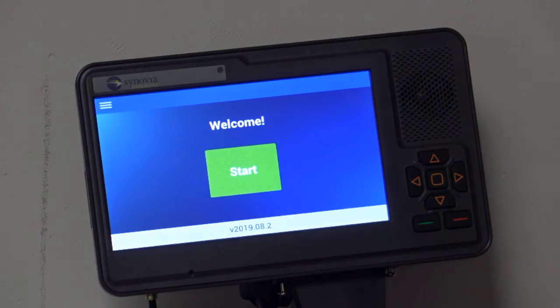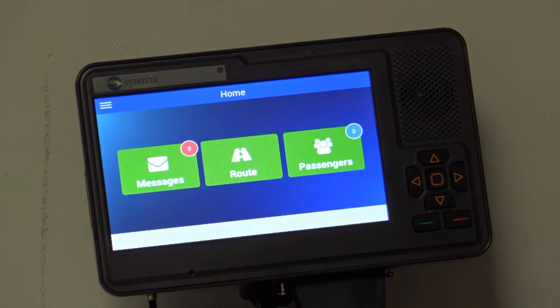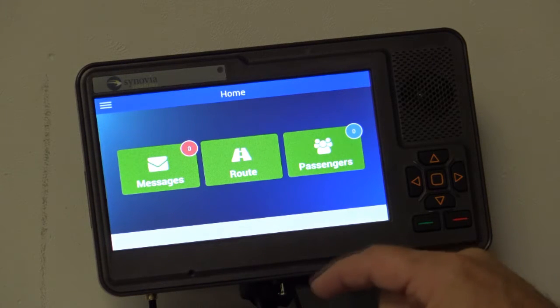All right, so it should come up, and I hope you can read this. I've got it zoomed in as close as I can. We've got a little start button, so that's what you should see every morning when you get on there. So I'm going to go ahead and hit start, just a touch thing. And what I'm generally going to do is run my route. And so you hit route